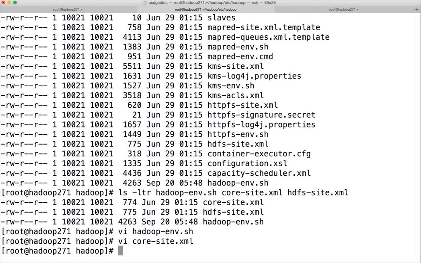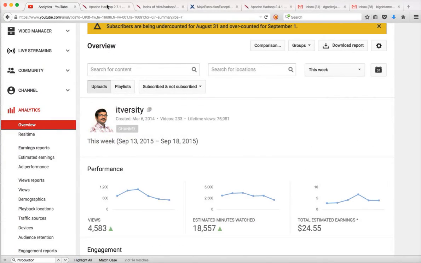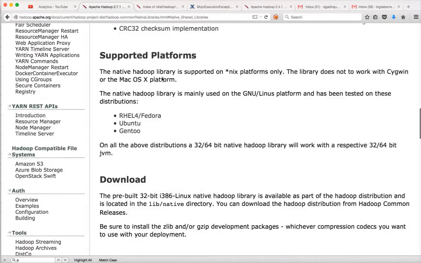To understand Hadoop at a broader level by using our VM as a simulator, I will highly recommend you update these core-site.xml files with different types of parameters and then start the cluster. So if you go to this URL,